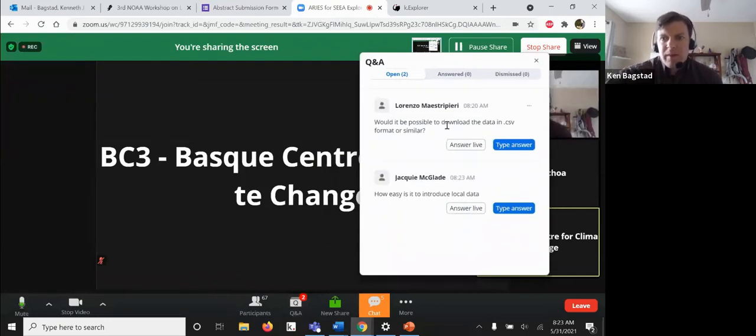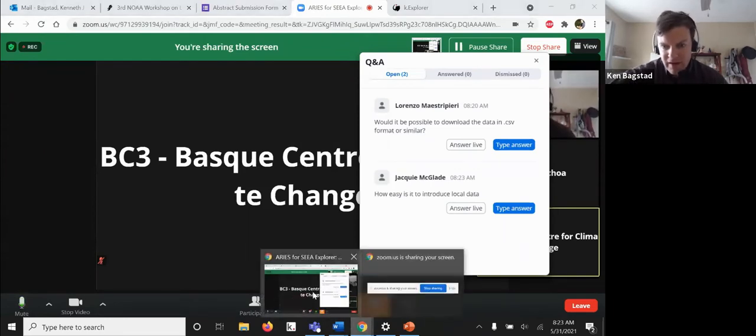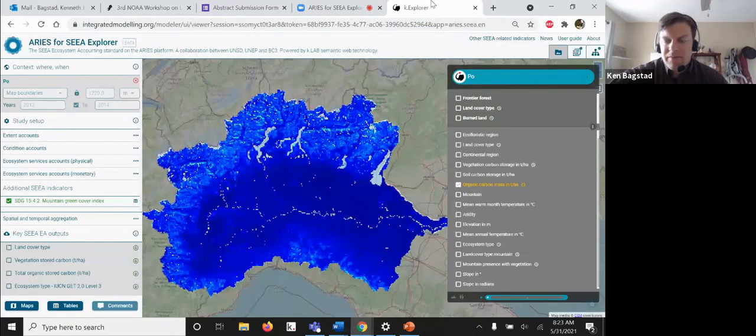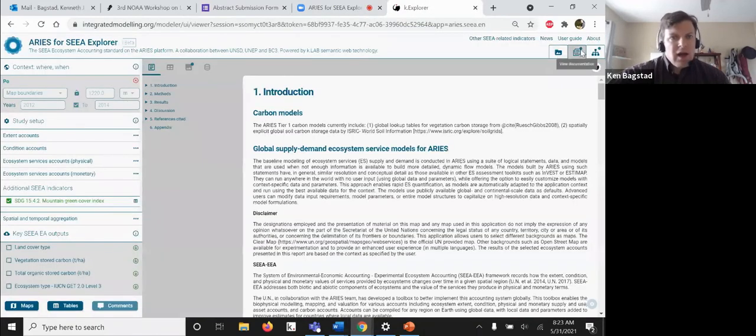Okay, so would it be possible to download the data in CSV format or similar? At the moment, we just have a download for Excel, and part of the reason for that is that some of the tables have a sort of preset formatting, and that does lend itself to a spreadsheet. But of course, an Excel file can be accessed in different spreadsheet software,